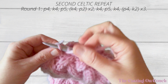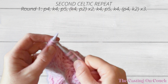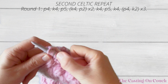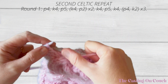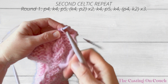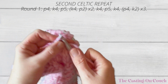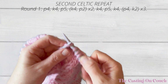and yarn to the front here. We're purling 2 again, and then knit 4. Now next I want you to purl 5, so I've got 3 stitches there, 1, 2, 3. So that's 4, 5. And then knit 4, 1, 2, 3, 4,